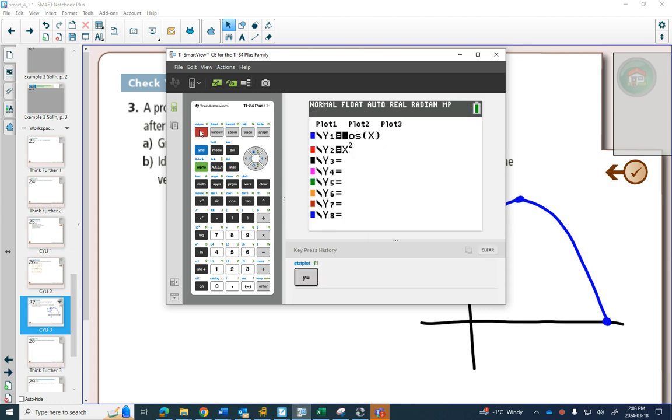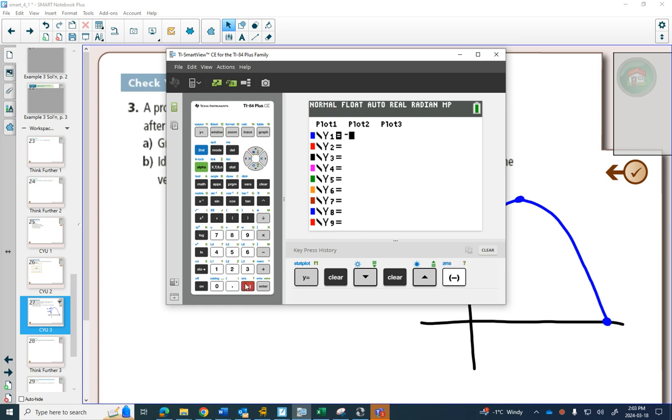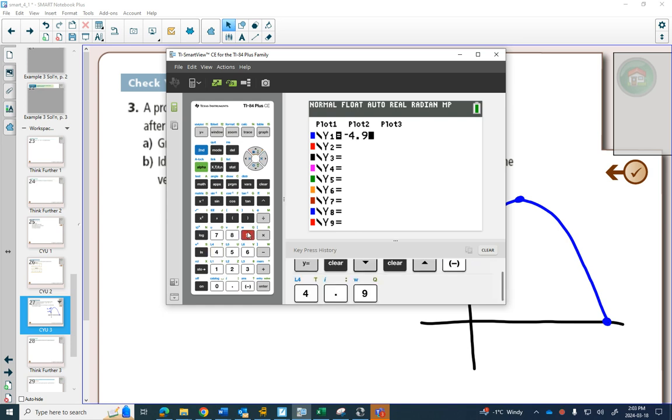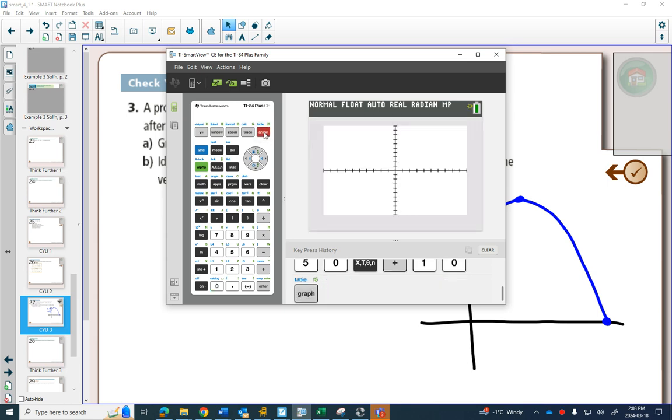We're going to push y equals, and this is why you have a graphing calculator, because it allows you to graph. So we're going to type in the negative 4.9. There's no t, but we can hit the x button right beside the alpha button. X squared plus 50x plus 10. And when I hit graph,